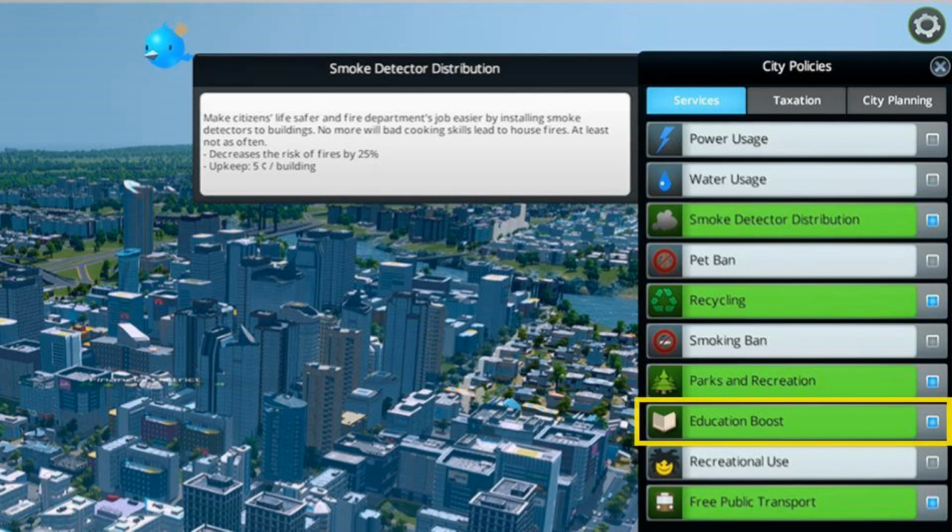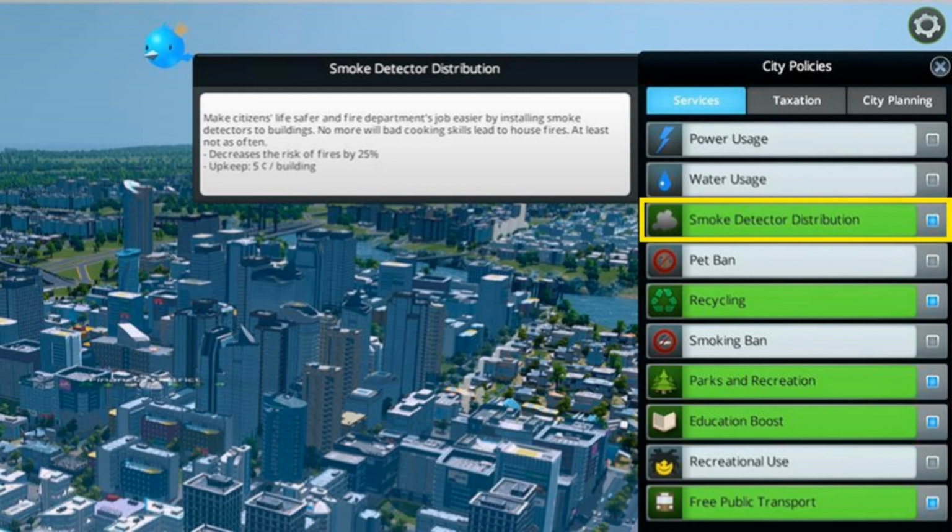The education boost policy is pretty self-explanatory, while the smoke detector policy, for example, reduces the chance of fire by a hefty 25%. But along with the pros of these policies, you'll usually find a corresponding con, and it's usually financial. So for example, the fire detectors reduce the chance of fire, but increase your costs by a fixed amount